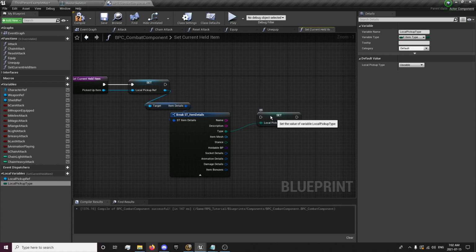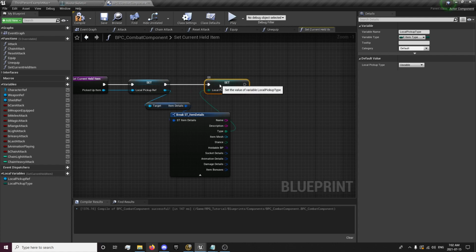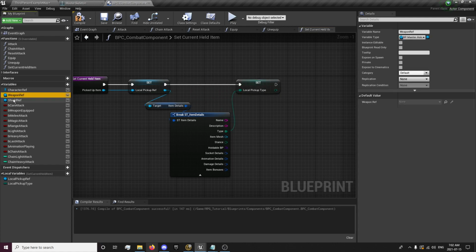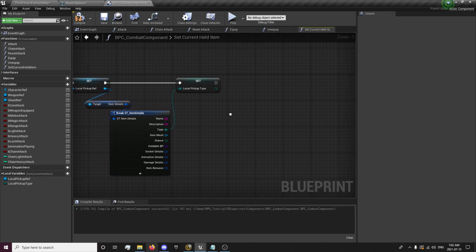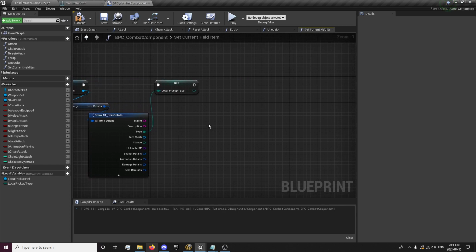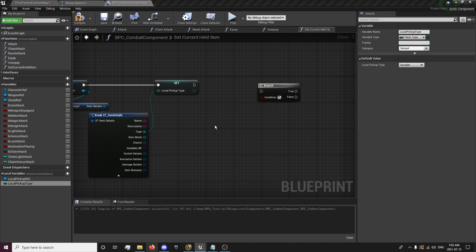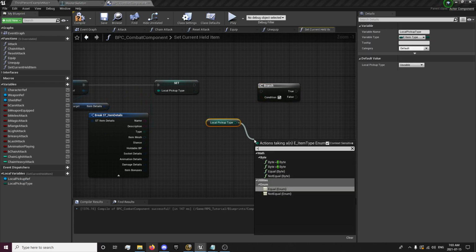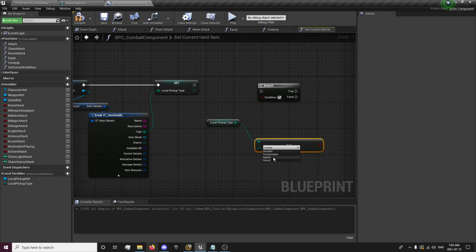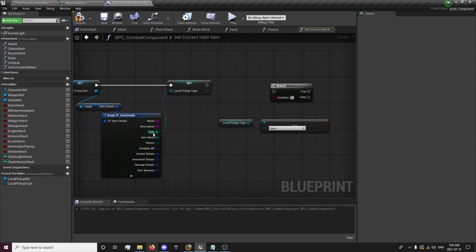Local pickup type. So it's setting the type of the weapon that's being picked up, but it still hasn't set the weapon or shield reference yet. So now we want to create a branch. And now that we have this variable created, we can get it. And we're going to check if it equals sword. So if the item type is a sword,